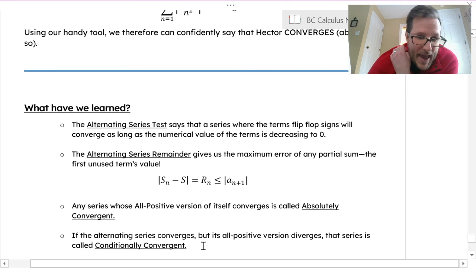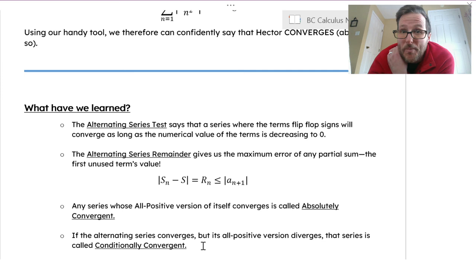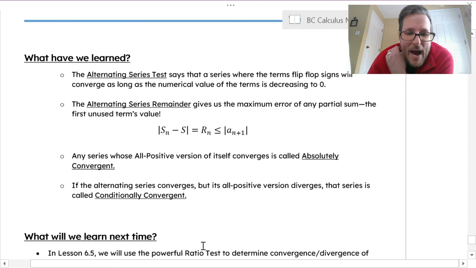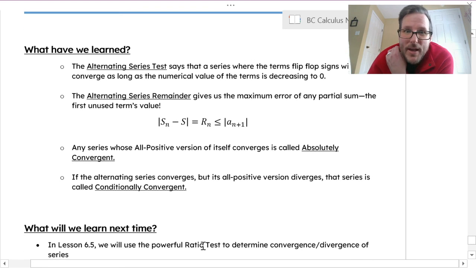And then the difference between absolute and conditional convergence. If both the all positive version and the alternating series converge, that's absolutely convergent. And if only the alternating series converges, that's conditionally convergent. So just some terminology you need to know. Next time, we're talking about the ratio test. Get ready for